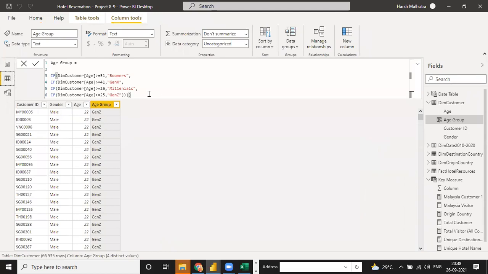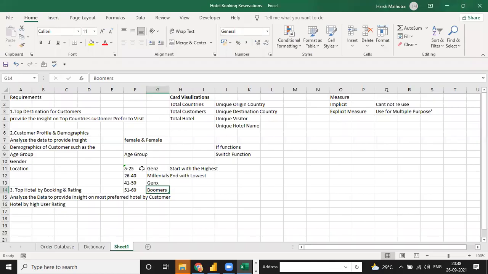Because here less than or equal to 25 includes 0, 1, 2, 3 also. What I mean to say is the calculation here is saying less than or equal to 25, wherein our condition is between 5 to 25 as per your table. So this one calculates even ages 1, 2, 3, and 4 also.